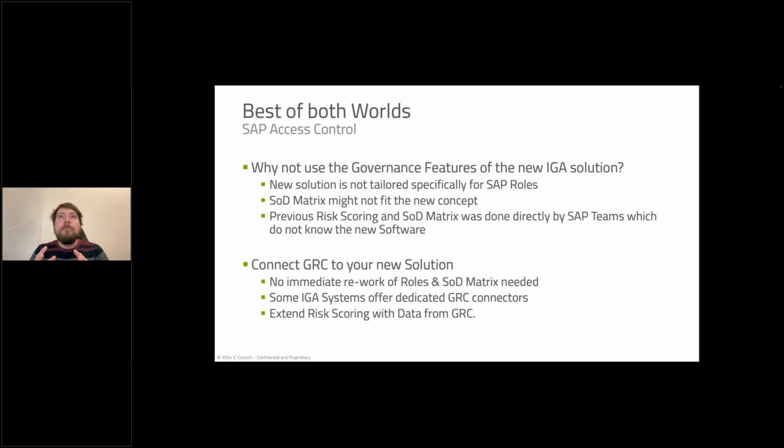So no immediate rework is needed for roles and SLD matrices. Some, not all, but that can also be implemented, have already dedicated GRC connectors. So you could directly connect GRC to your new IGA solution, and then you can extend your risk scoring with data from GRC. So really pulling this data from GRC into your new IGA solution, and then not only have a view on the SAP world, but on your whole IT landscape,